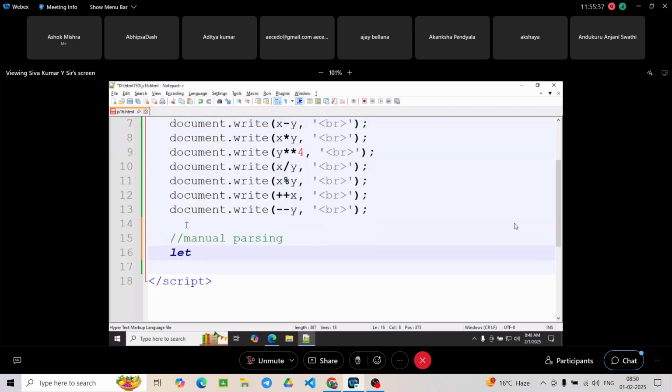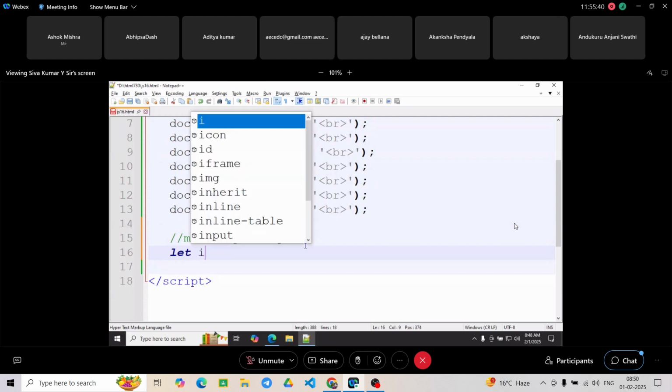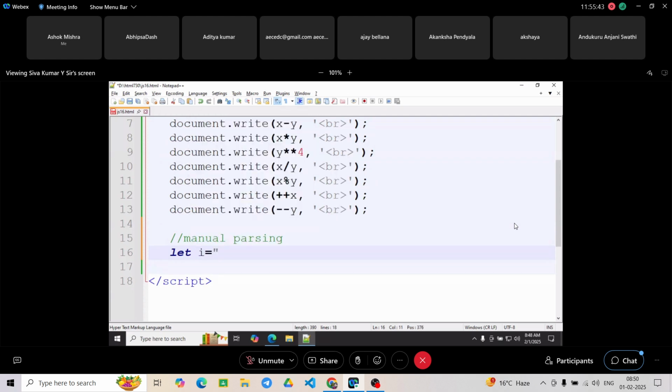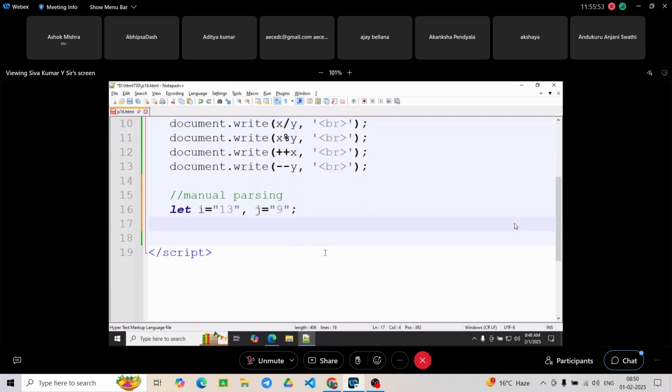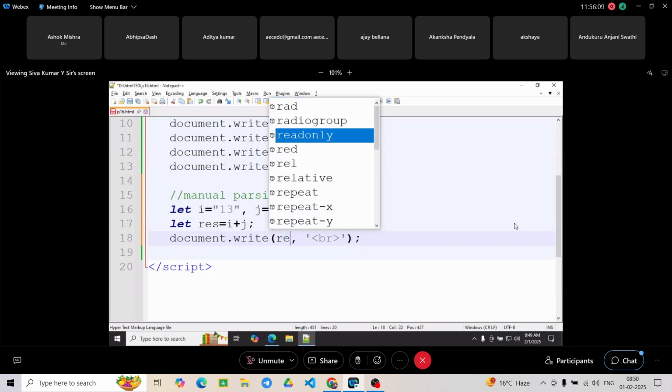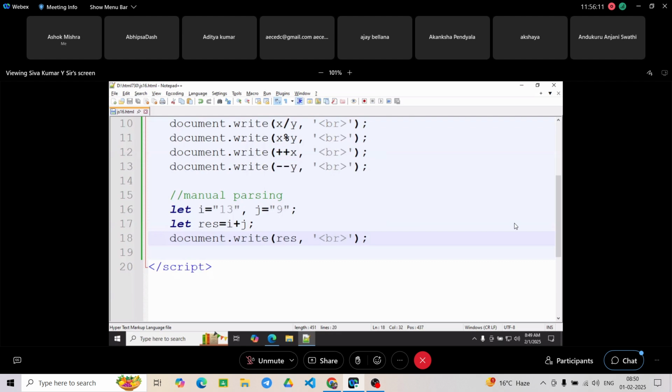I'm declaring 2 additional separate variables: I equals 13, J equals 9. Now let res equal I plus J, and print the res. Expected answer 21, but the system shows answer 139